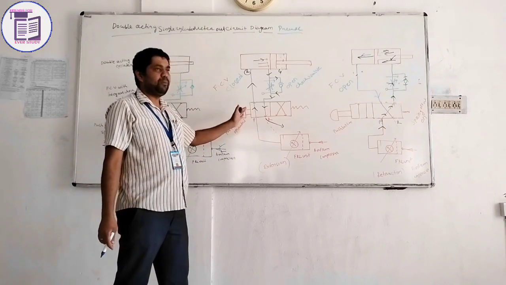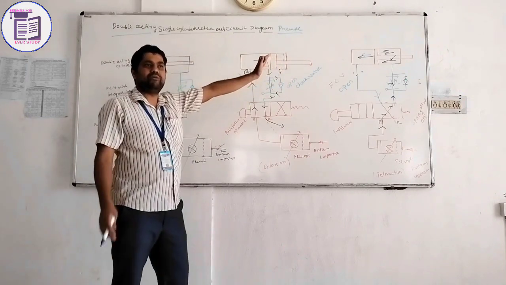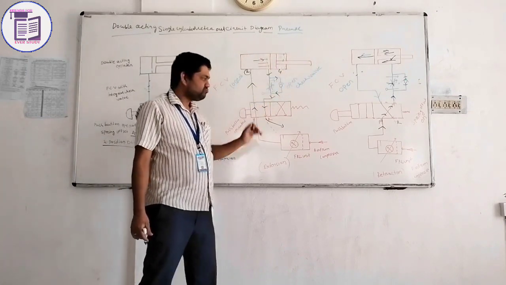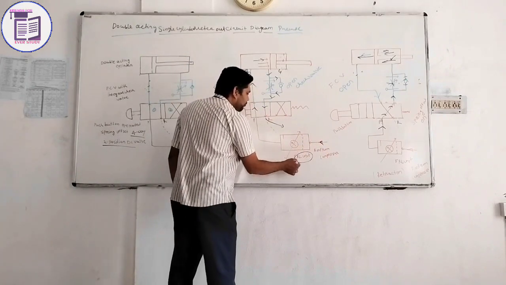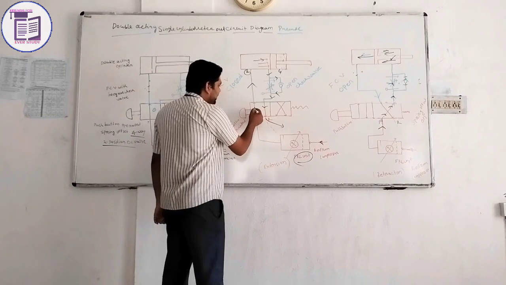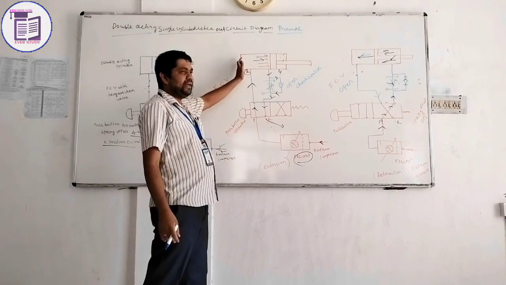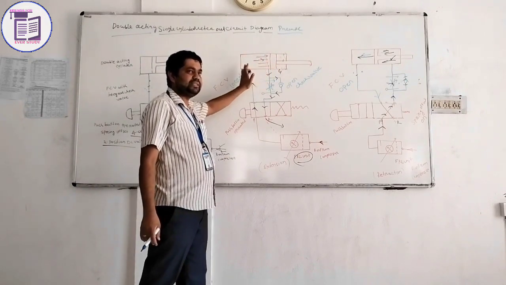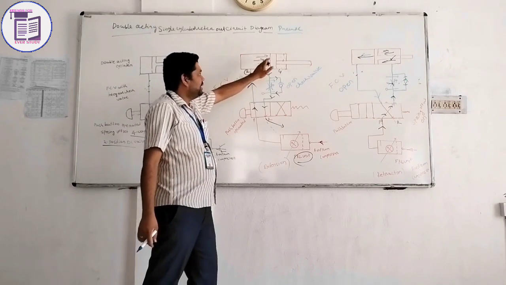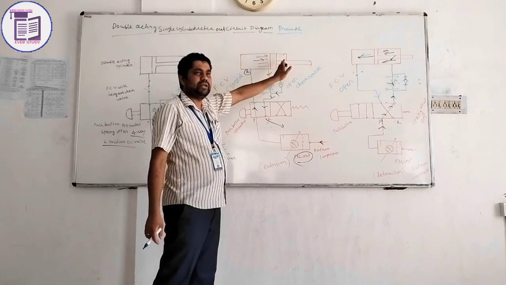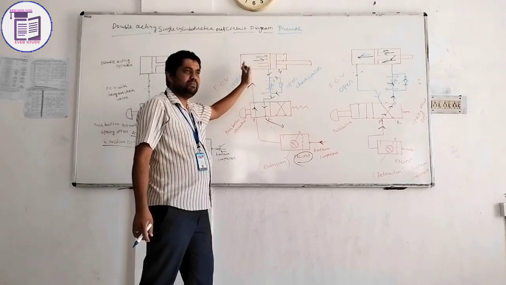When the left hand side position is activated, the system does the extension side, or forward one. So this is your forward one. How? The air flows from the compressor to the FRL unit, the FRL unit flows the air to the direction control valve, and the direction control valve flows the air into the cylinder section. Here on the left hand side the port is open, and the air goes inside as the inlet. On this side the exhaust of the air occurs at the right hand side, the rod side of your cylinder. This is your rod side, this is your blank side.